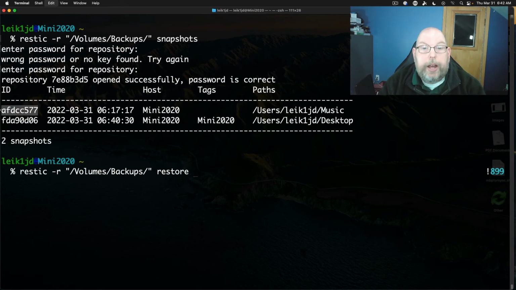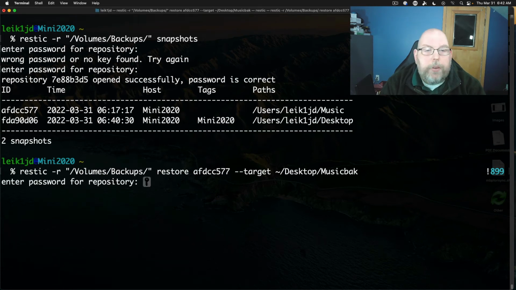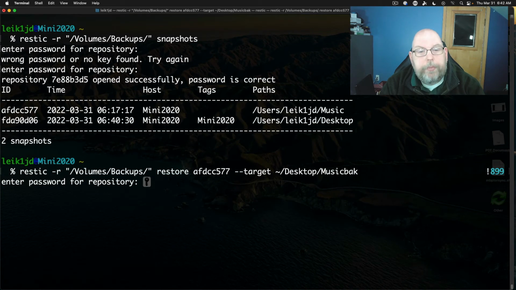We're going to do by ID this time. Supply the ID and give it a target. And we're going to say restore it to desktop, music backup. If we supply our password,